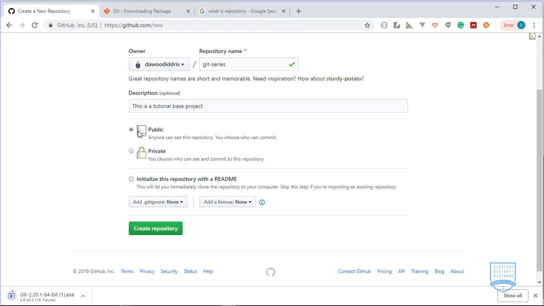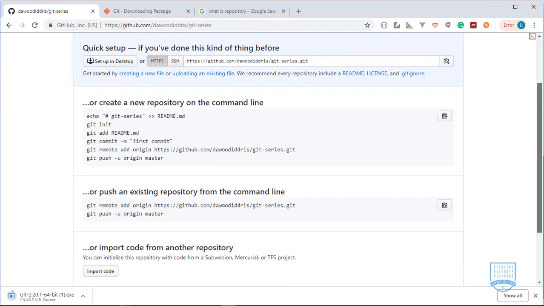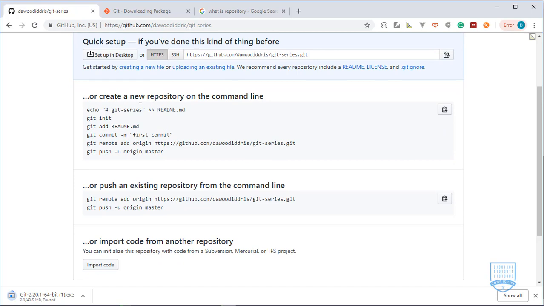All right, so I'll keep this on public, and then you can click on create repository. After clicking on create repository, you are going to be directed to the repository page. It's a fresh install of your repository, and when you create it, you have the opportunity to create a new repository on the command line, or push an existing repository from the command line,